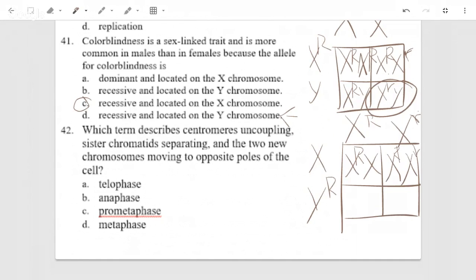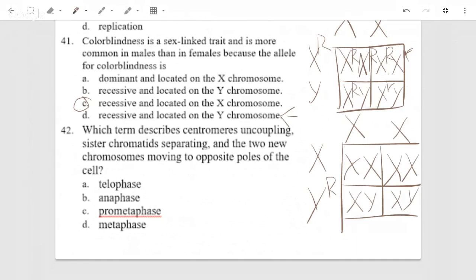In reality, if you're going to have it on the Y chromosome, you don't even need it on the X chromosome. Now that I'm looking at it, you can just have it on only the Y chromosome. It's not even necessary to have it on the X chromosome. So let me fix all that, because if you're going to guess that it's on the Y, it's only going to be on the Y. Anyway,